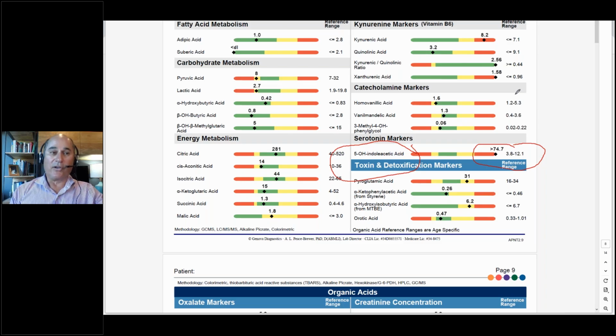If tryptophan is low and the serotonin markers are messed up, that's like extra bad luck. That's like really bad luck. I don't think this has ever happened to me, but that would be like if you're driving a car and you got a flat tire and you're trying to get off the freeway and you're like, I may not survive this. I'm going 80 miles an hour and I have to get all the way over to the far right of the freeway with a flat tire. What's going to happen? And then on the way over there, a second tire went flat and you're like, oh my gosh, not really good. So you can have both these problems at the same time.